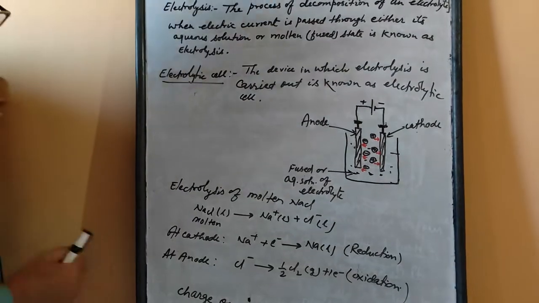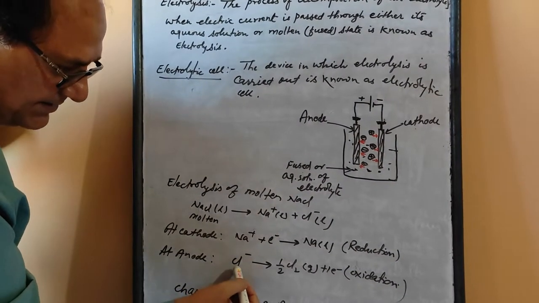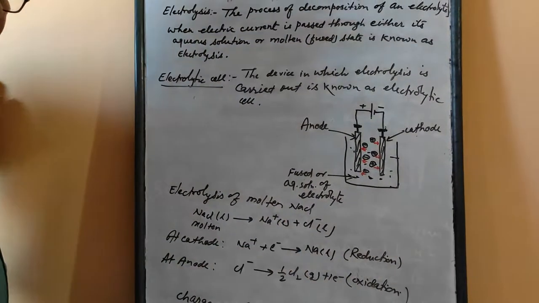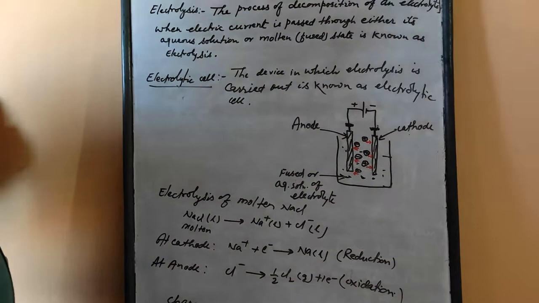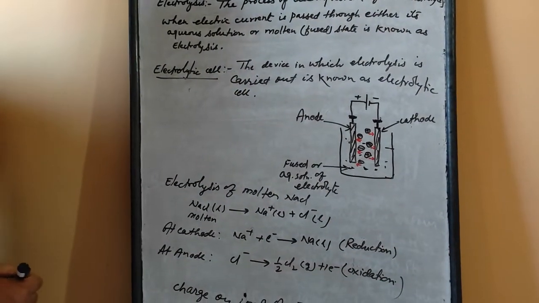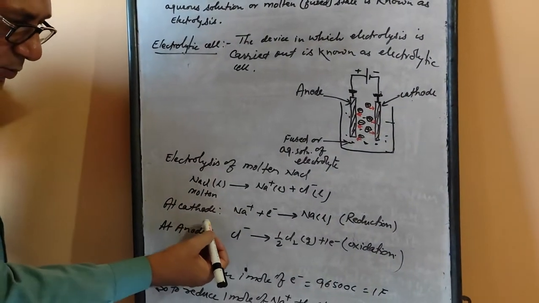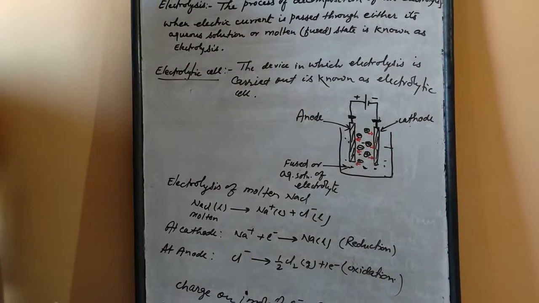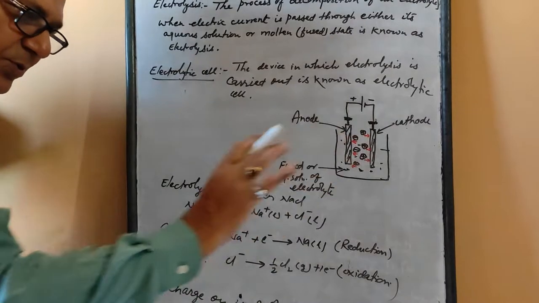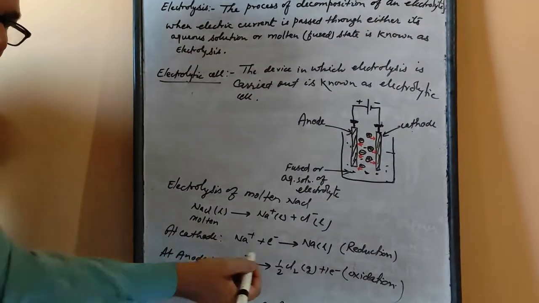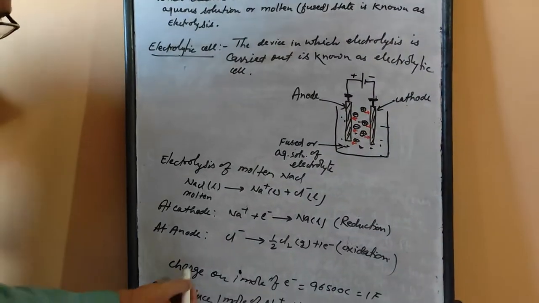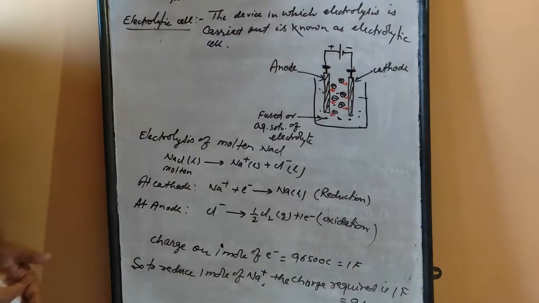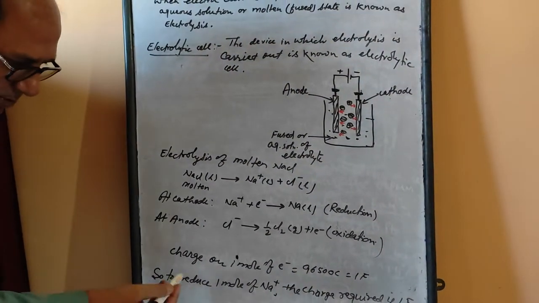Now at anode, Cl- goes to anode, it loses an electron and is converted to Cl2 gas. Here it is oxidation. One point is to be noted here: cathode is the cation-loving electrode. Na+ is a cation. Since the Na+ cation goes to cathode, it is the cation-loving electrode, and the anion goes to anode. Now, this point is useful for solving numericals. Later on, I will explain the solution of the problems.